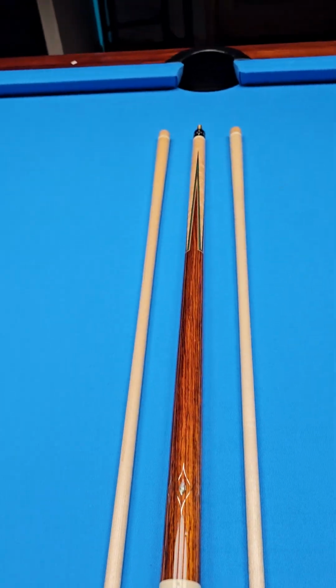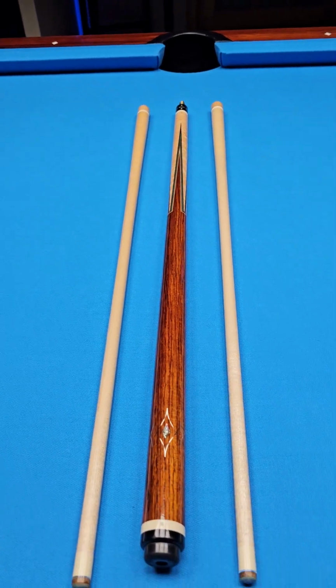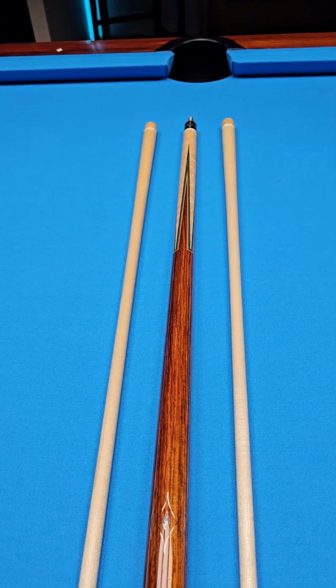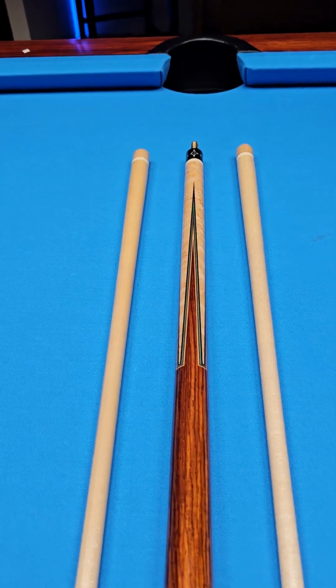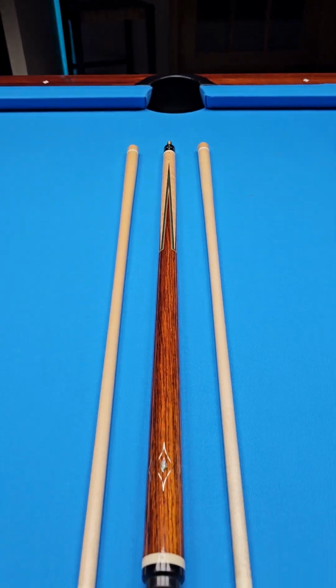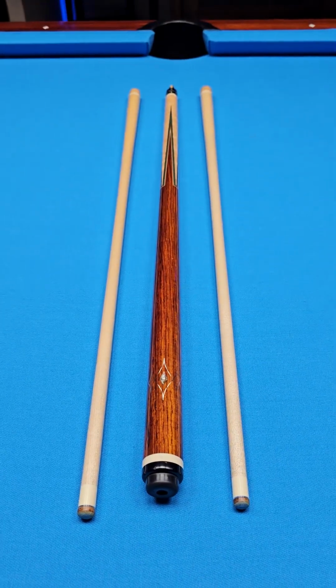Larry Vigus, notably, again, a Texas cue maker. He's good friends with Shelby Williams, from what I hear, and also with Jake Halsey. Jake Halsey only made a handful of cues. Well, he made more than a handful, but he didn't make a whole lot of cues. But Jake's cues are really awesome as well, too. So there you go. Larry Vigus, available at